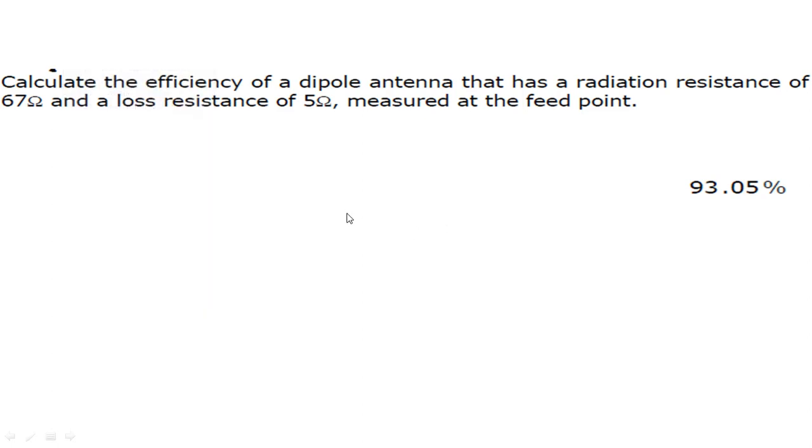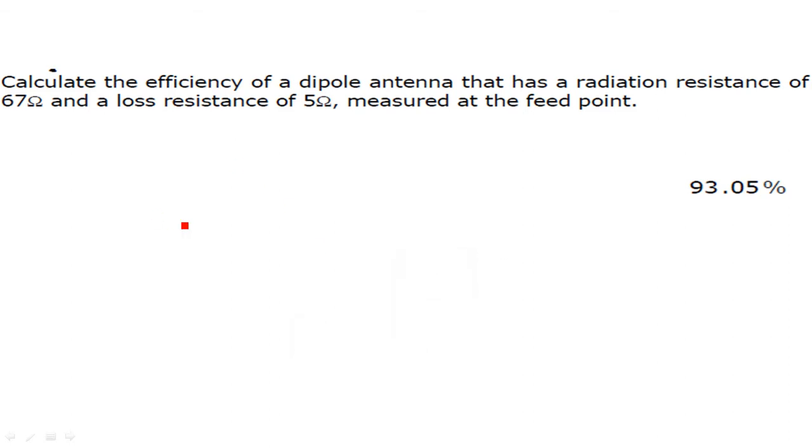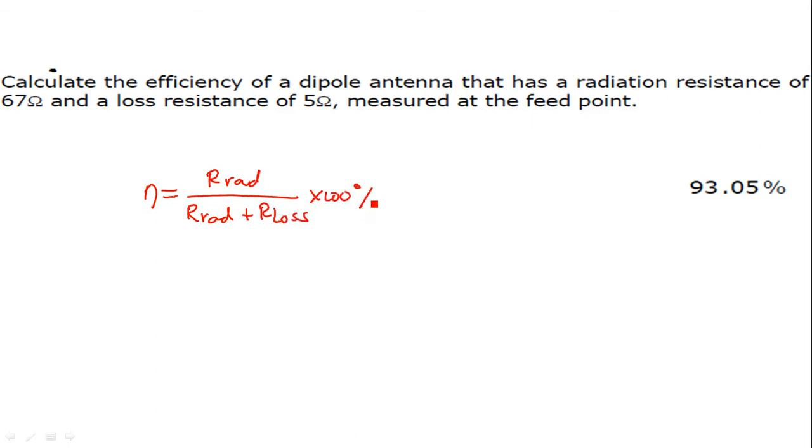Calculate the efficiency of a dipole antenna that has a radiation resistance of 67 ohms and a loss resistance of 5 ohms measured at the feed point. So may sagot na dito, no? Palabasin na lang natin using the formula. So antenna's efficiency is equal to radiation resistance divided by the sum of the radiation resistance plus the loss resistance times 100%. Okay, so 67 divided by 67 ohms plus 5 ohms times 100